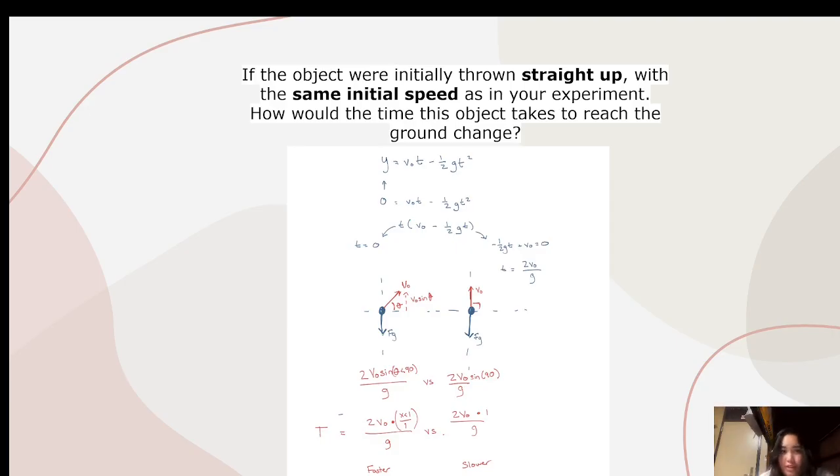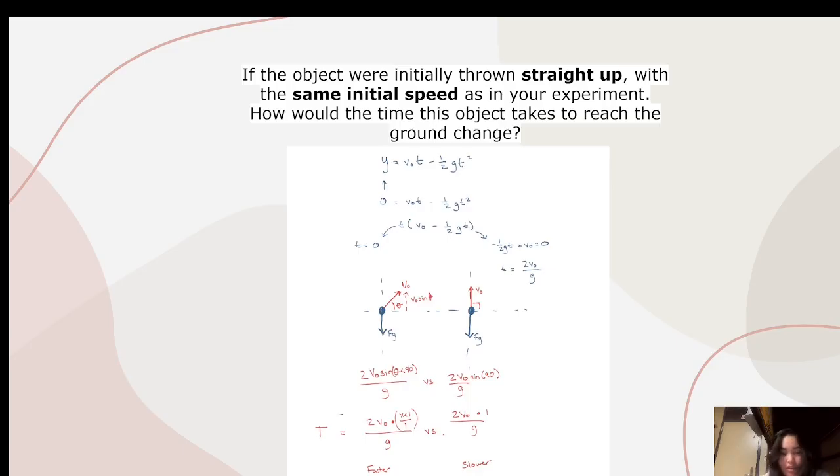The second question is, if the object were initially thrown straight up at the same initial speed, would it take longer to reach the ground? So right here, I decided to use the position update formula, where y would equal the initial velocity times t minus 1/2 g t squared. In this case, I moved the variables around until I got that t equals 2 times the initial velocity over gravity. If you're considering a projectile that is thrown at an angle versus thrown straight up,